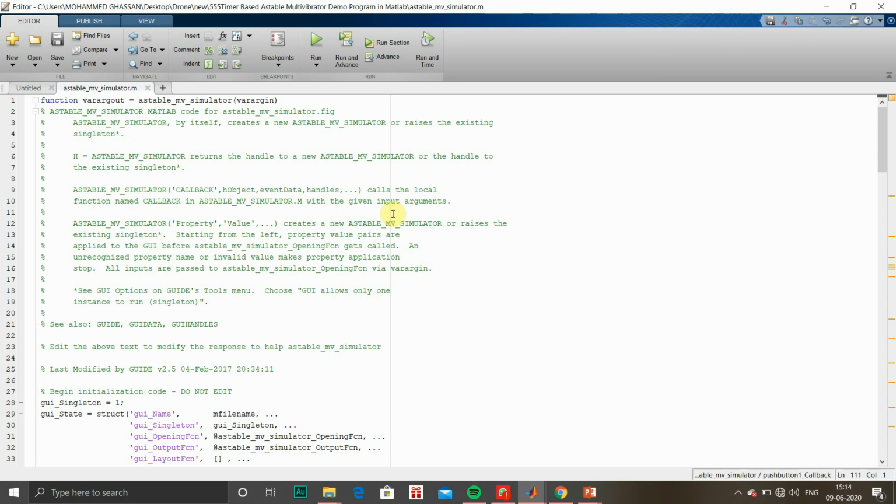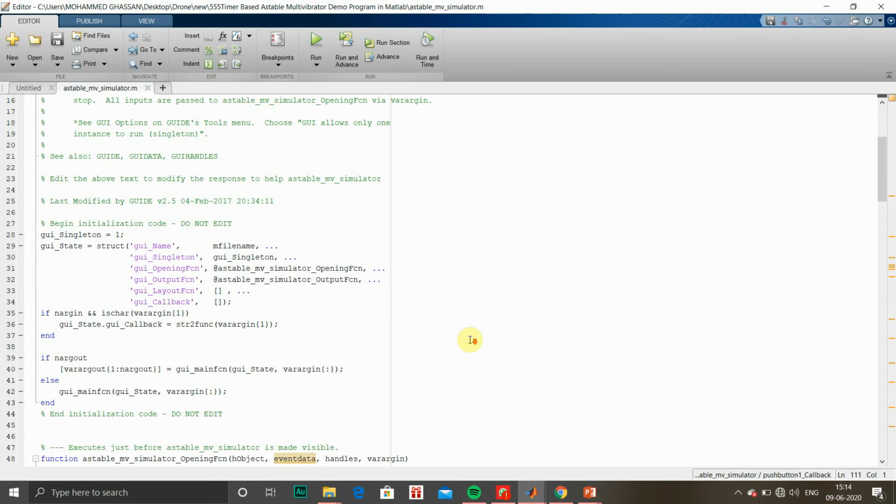This is the editor window. Here are the functions. So there are a total of 6 text boxes plus one push button, so there should be a total of 7 functions created. The text boxes are not important for us because we just have to convert strings into numbers and numbers to strings for our project.